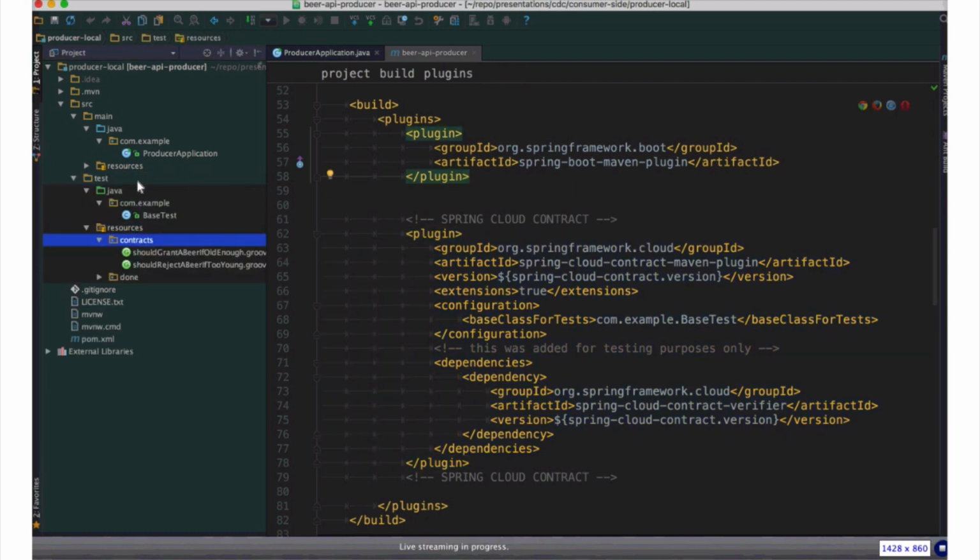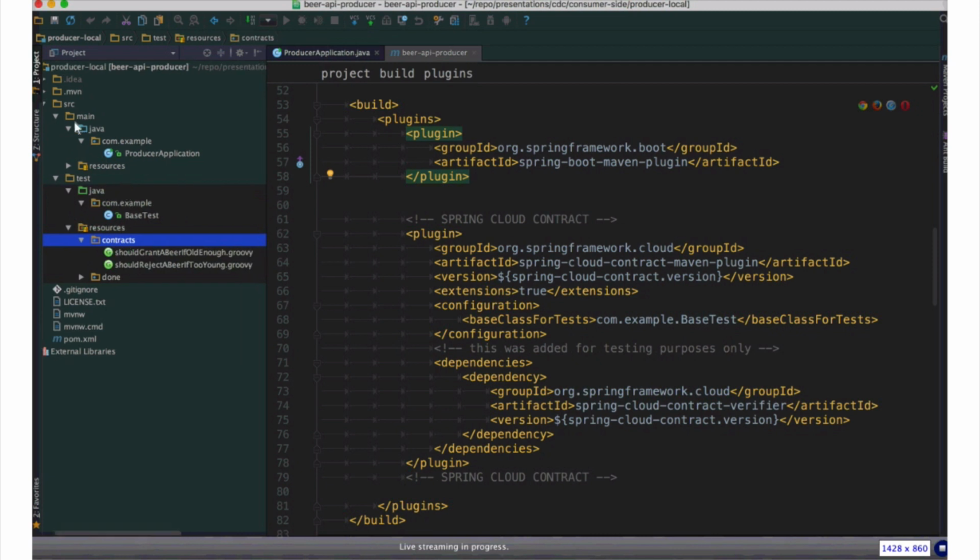Under source test resources, I have contracts. What are those contracts? We define that a contract is an agreement between the consumer and the producer on how the API should look like. And here I'm going to use this word for the first and last time, but it's not a schema. It's related more to a feature that we want to test. But you shouldn't have as many contracts as you have features, because the idea of contract testing is to test the semantics and not to do the feature twice, once in the code and once in the contract. So here I've created two